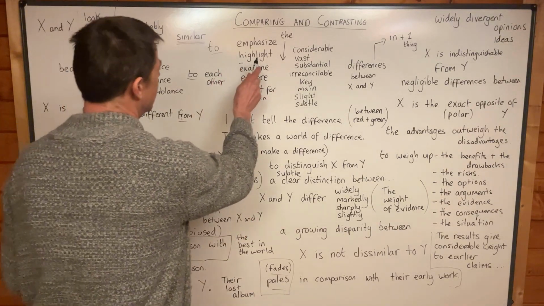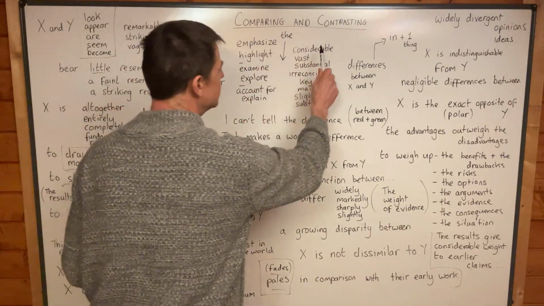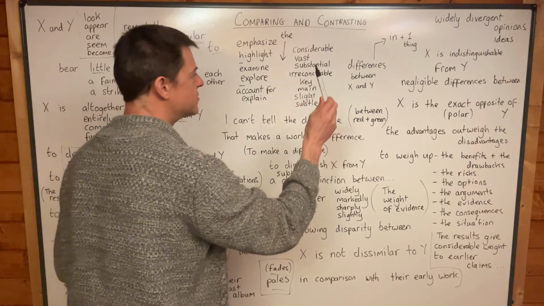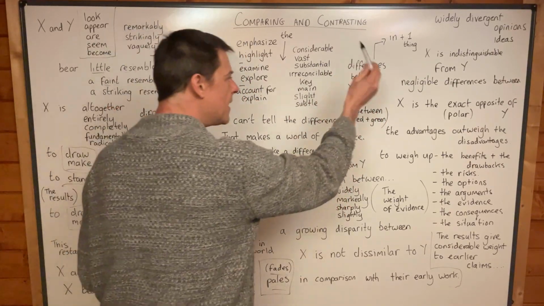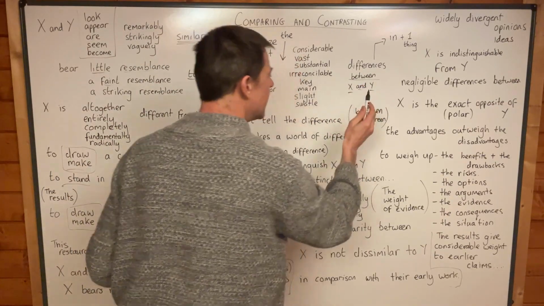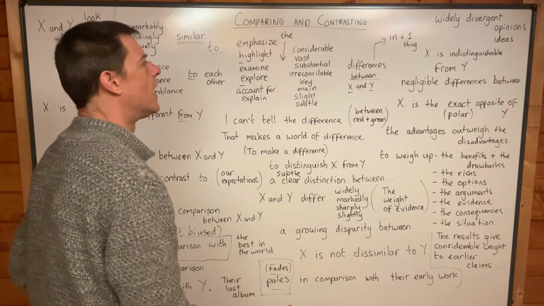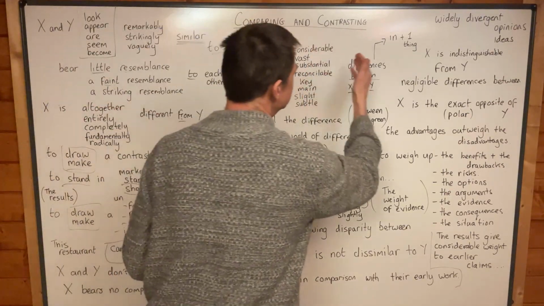Okay, here are some more, guys, some more verbs. To emphasize, highlight considerable or vast or substantial differences between X and Y. Yeah, and by the way, if you're going to say two different nouns, you need between and the and, yeah, between X and Y. But sometimes you don't. Sometimes you want to emphasize considerable difference